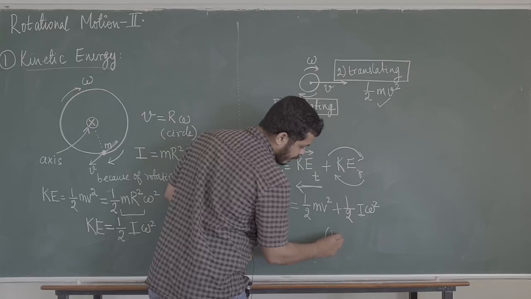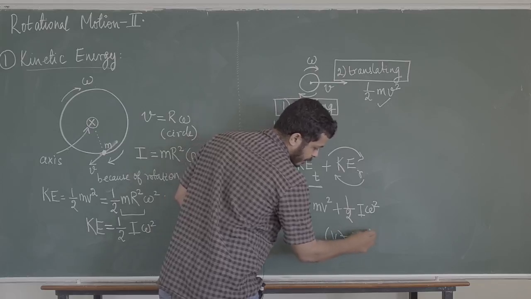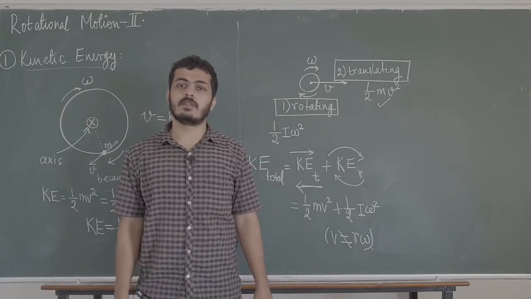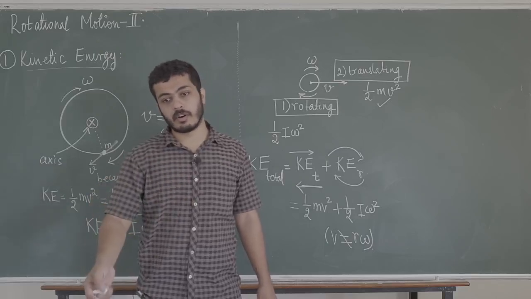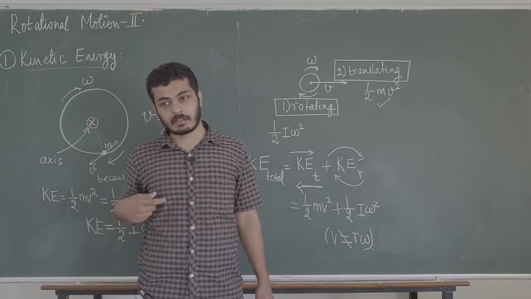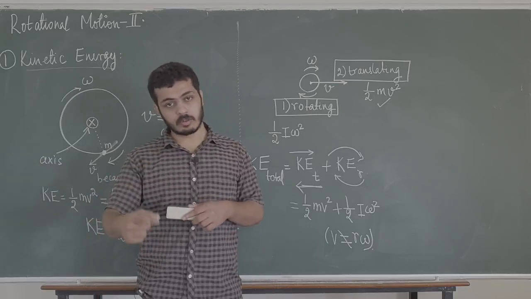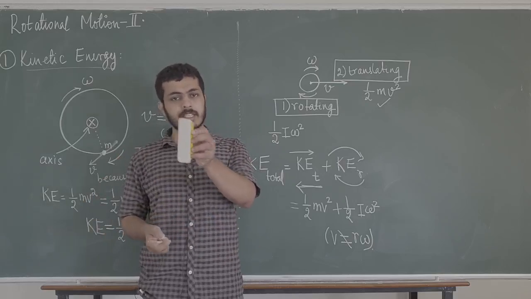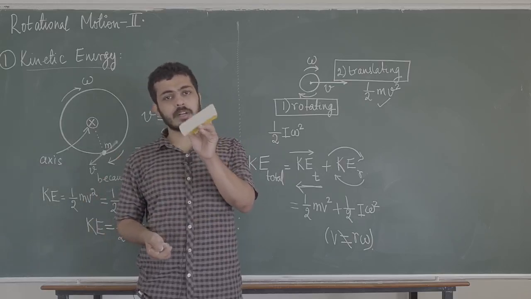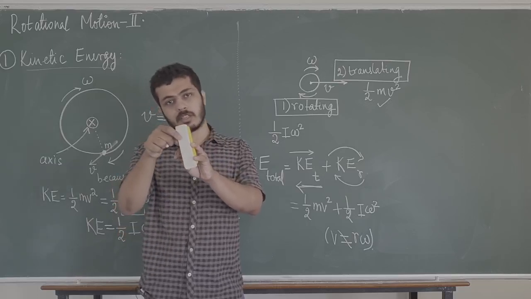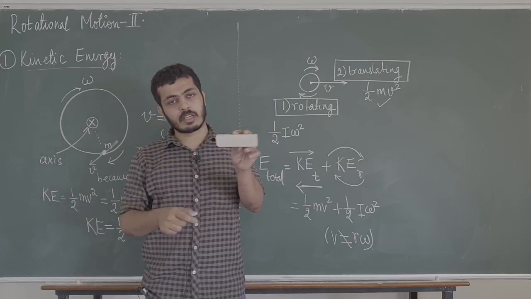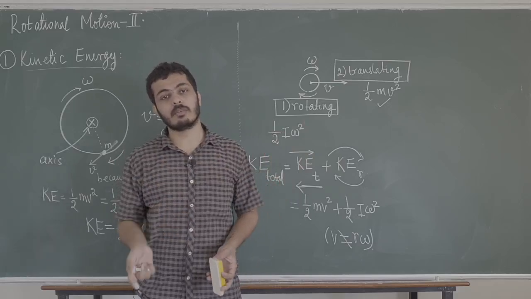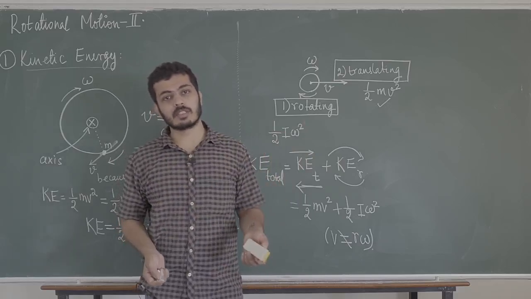Keep in mind, V may not be equal to R omega. You have already studied rolling motion. When is V equal to R omega? V is equal to R omega when something is rolling on the floor, or it is moving in such a way that the amount of straight line motion depends on the amount of rotational motion. That is not always true. For example, in the case of this duster, without moving it also I can keep rotating it. So this is purely rotational motion. And in addition to that, I can also move it. So I can move it slowly and I can also keep rotating it. So straight line motion and rotational motion are not normally related. But if you have rolling motion, then they are related.